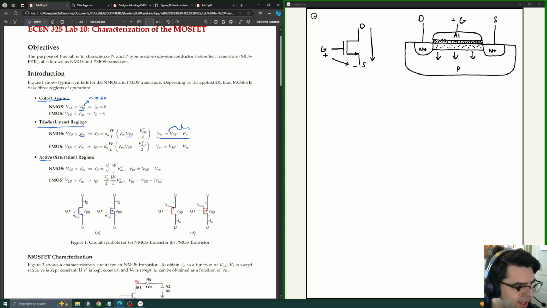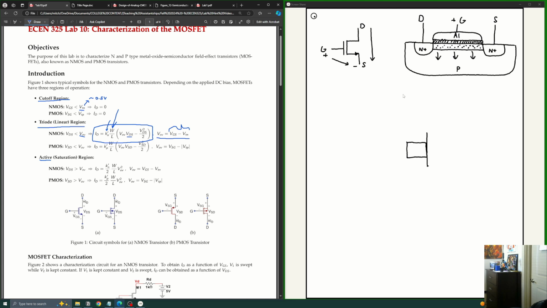When it does not exceed the overdrive voltage, it is described by this equation right here. Reading this equation, the k prime of n and the like are basically constants. This is a value you would have to find when doing your characterization. It just comes from the device science. And then we also have this W over L right here, which refers to the size of the gate. For example, we have our depiction up here, which is a side cross section, but looking at it above for a MOSFET,